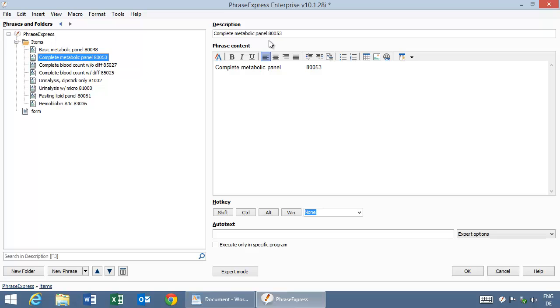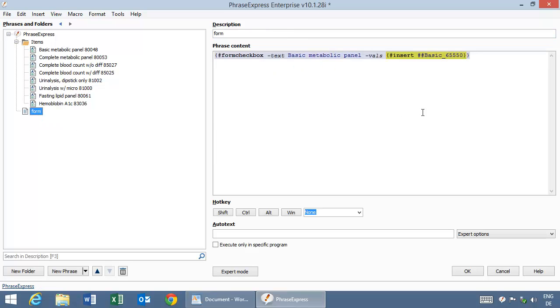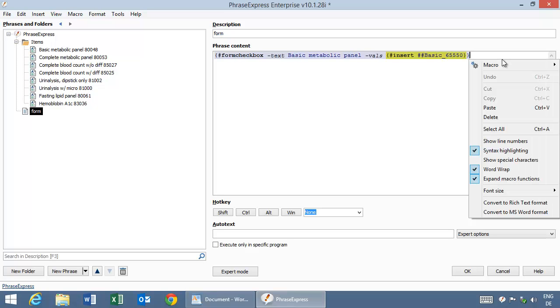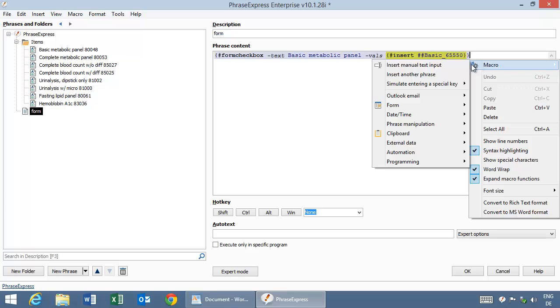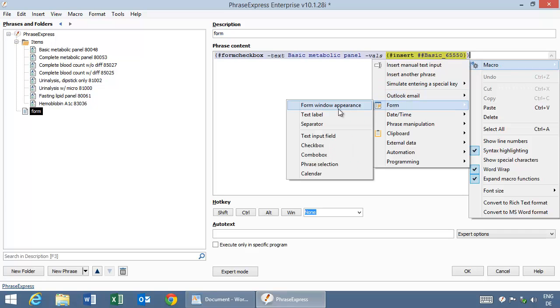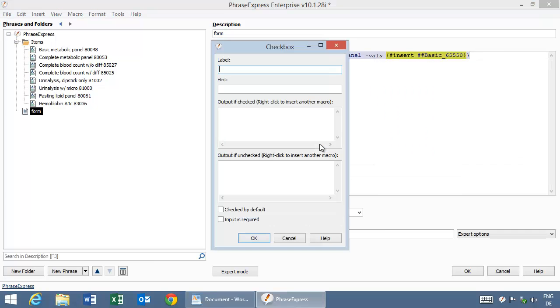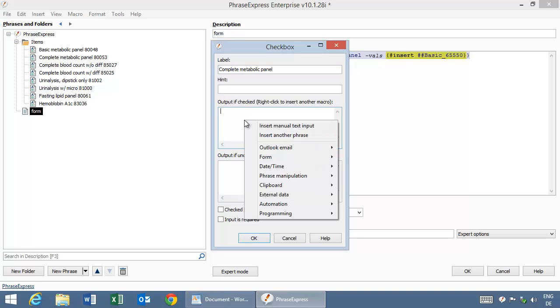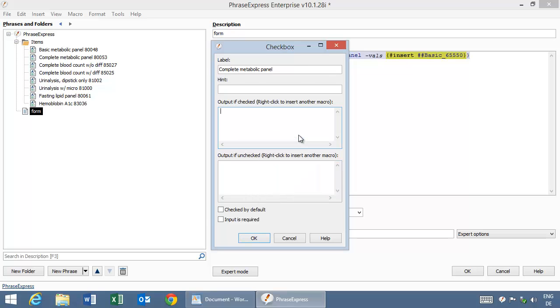So I take this complete metabolic panel, I copy the description, I go back to the form, and now it's very important that you put the next macro right following the previous macro. So don't add a carriage return, because this would be output in the final phrase. So I right click into the input box, select macro, select form again, and select checkbox. I paste in the label, and then I go to the output box, right click on it, and insert the